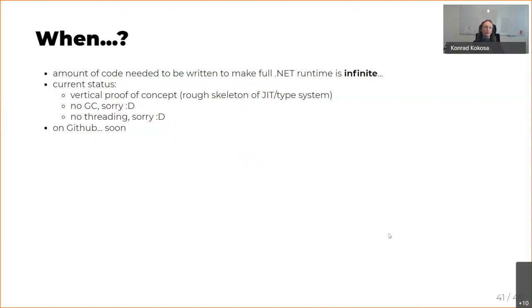But it is possible to write a vertical proof of concept, something that has all the pieces working together and giving some super slow piece of functionality that will allow executing, for example, a Hello World application. So I'm slowly getting there, with some JIT, with some GC, zero GC because it only allocates, but it is a plugin, so you can always write your own GC, and without threading support, which I'm afraid of adding at this point because it adds another level of complexity. So it will be single threaded.